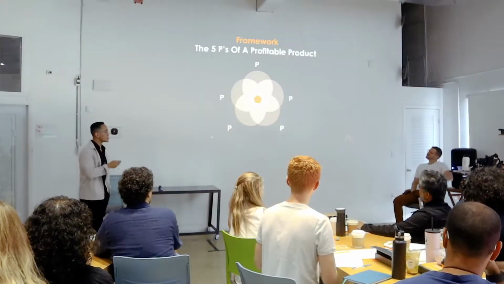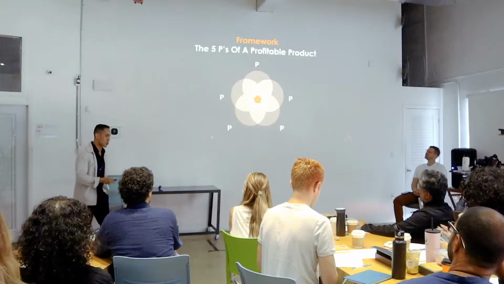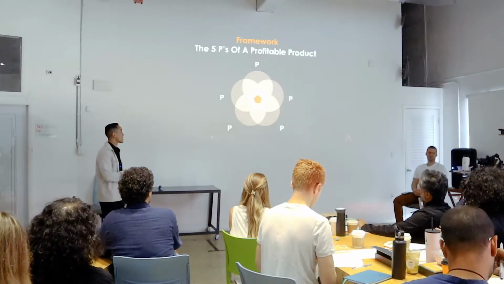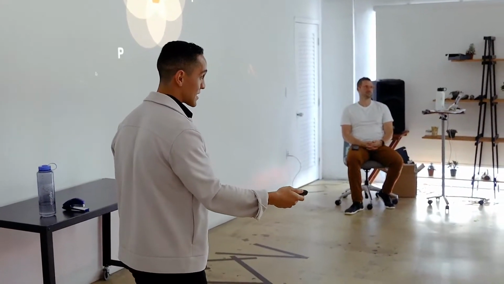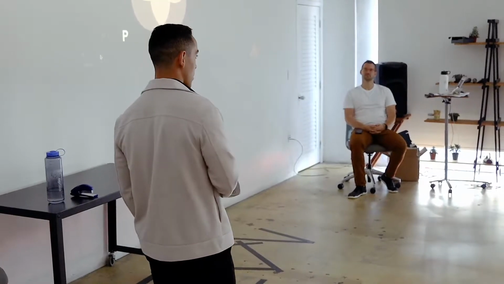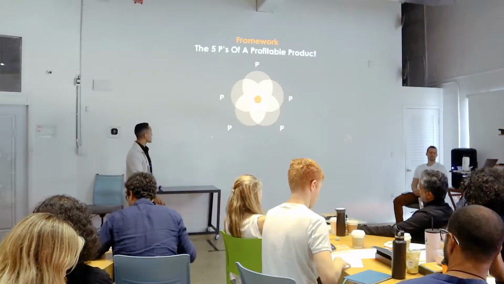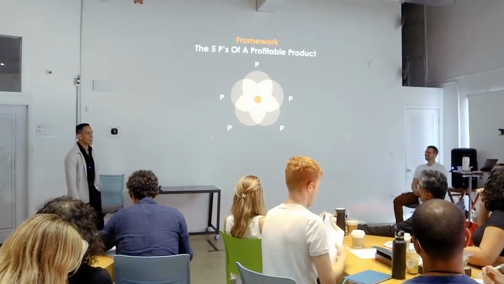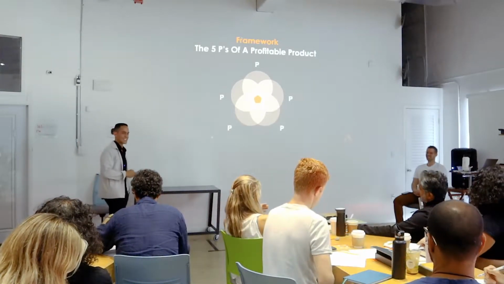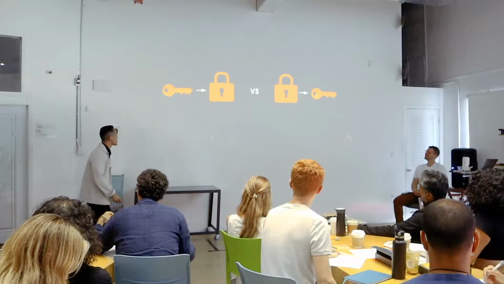So I'm going to be sharing with you guys a framework that you can utilize to create a profitable product. And if your product or service is not profitable right now, you'll be able to analyze it through this framework, and you'll be able to utilize it again and again and again. So in your worksheets, does everybody have this model in front of them? Cool. So to stay on brand with the 6 Ps, I'm going to give you guys another 5 Ps. And we'll start with the first P.